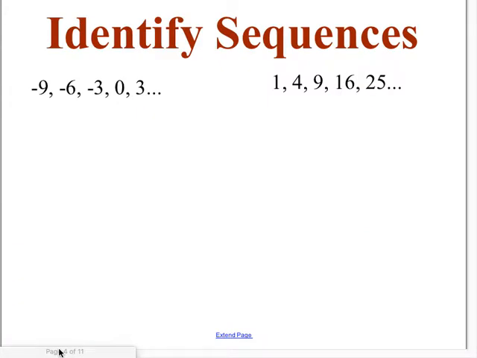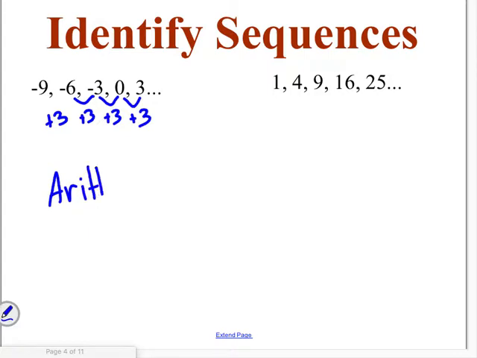First thing we want to do is to be able to identify if a sequence is in fact arithmetic. So we're looking for that rate of change or that common difference going on here. So to get from negative 9 to negative 6, I added 3. To get from negative 6 to negative 3, I added 3. To get from negative 3 to 0, I added 3. And to get from 0 to 3, I added 3. So this is arithmetic,